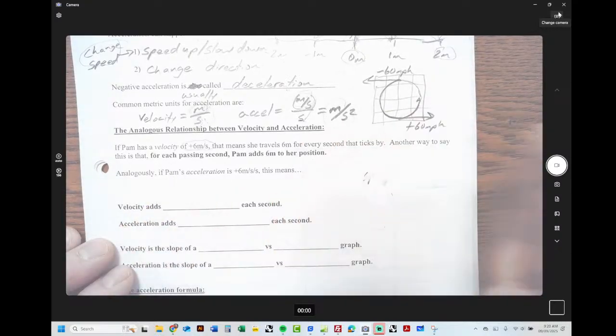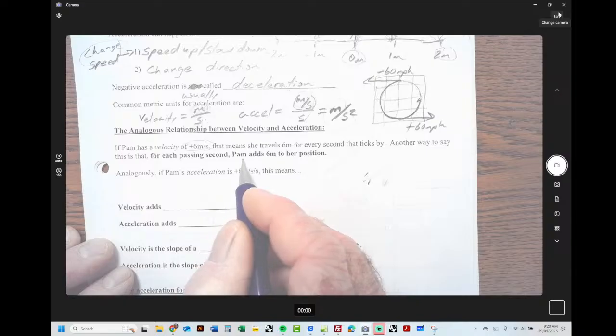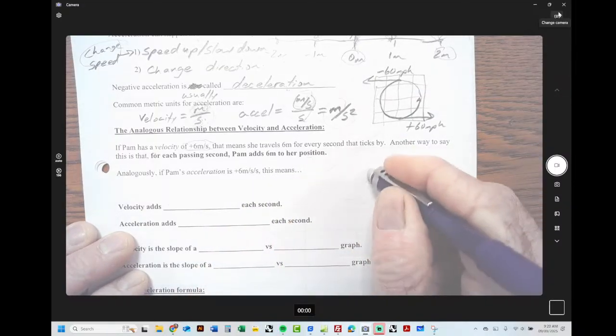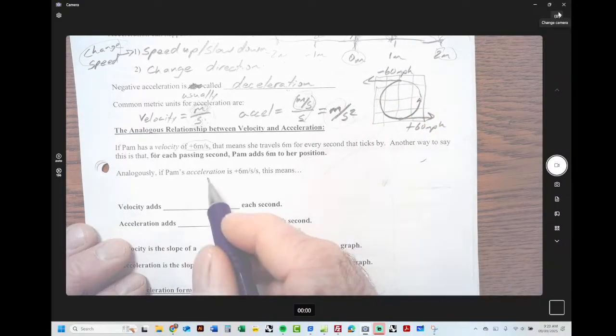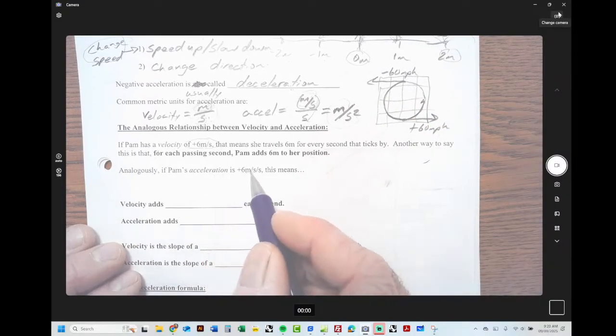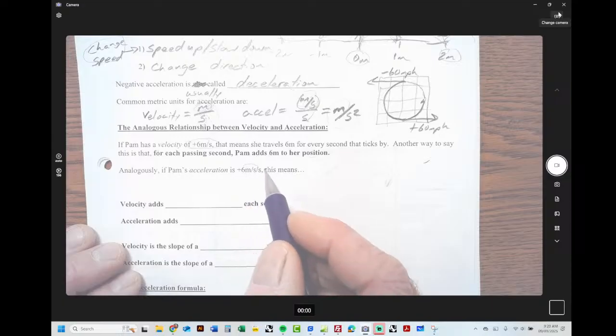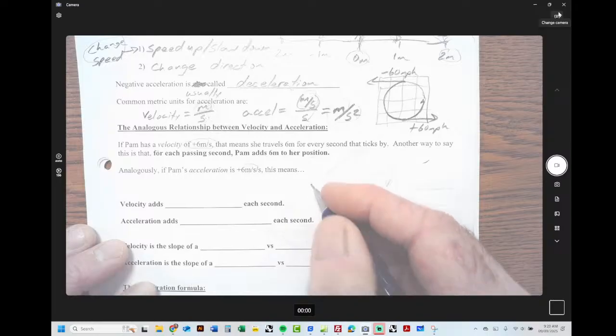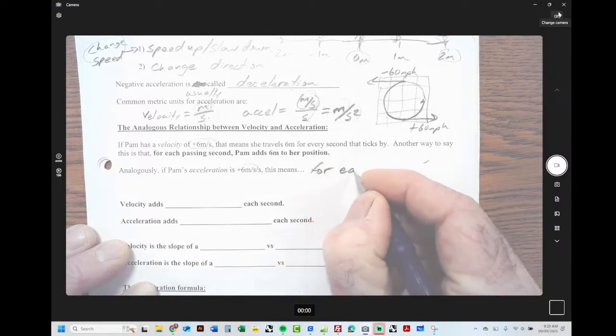Another way to say this is for each passing second, Pam adds 6 meters to her position. Analogously, I like analogies, if Pam's acceleration is positive 6 meters per second squared, that's a different way of writing these units, this means for each passing second,